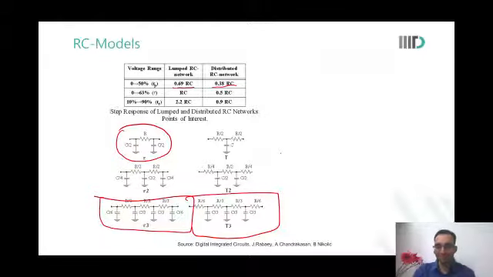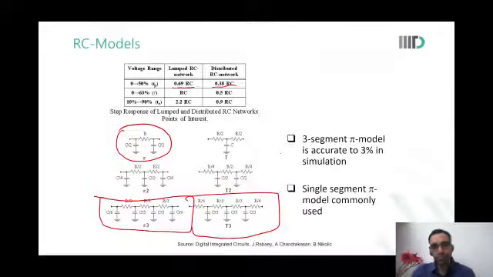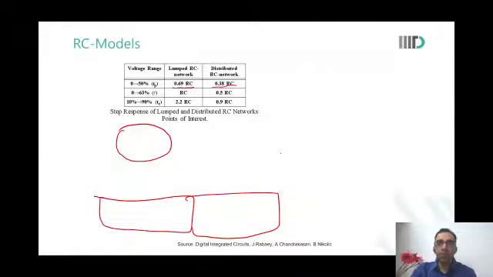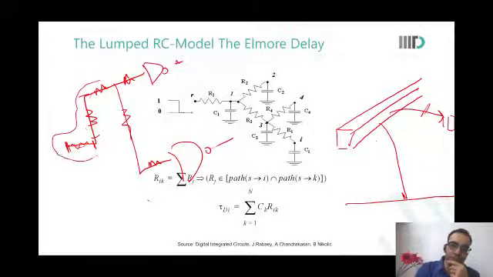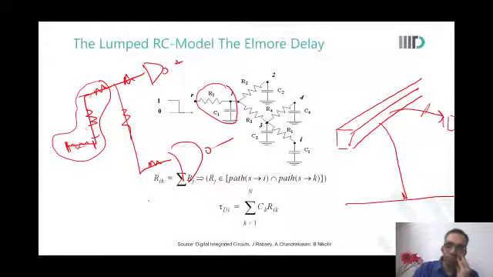Sir, in the Elmore delay slide, that was basically a distributed network you were showing. You can call it a distributed network, or you may not, because I have not shown these 3 components separately to you. I have lumped all of this into one RC, right? So this is not purely distributed. But wherever there is a turn, even with a pi model, you will have to model it like this.